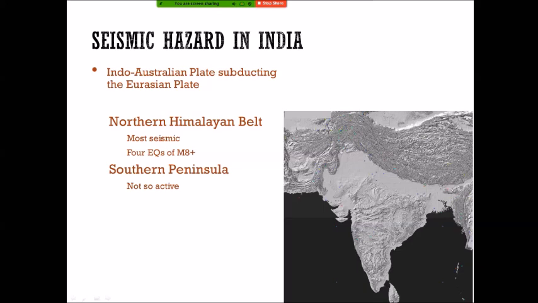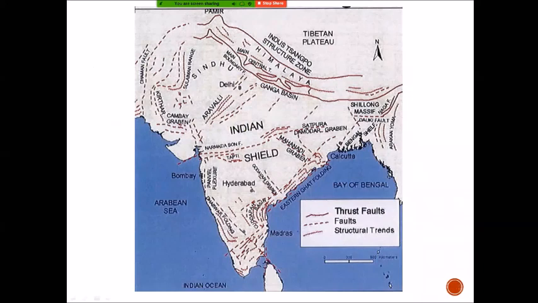There are so many dots here and there, and I take you to the next slide. You can see these are the tectonic plate thrusts which are applicable to India. There are dark lines which are thrust faults, then dotted lines are faults, and some lines are showing the structural trends. These are the areas near Delhi which are very critical, and in the last 1.5 months, the Delhites have experienced almost 10 earthquakes. So the stability is at risk, and it is not only the Himalayan region that is at risk. You see a lot of plains, a lot of lines here and there.